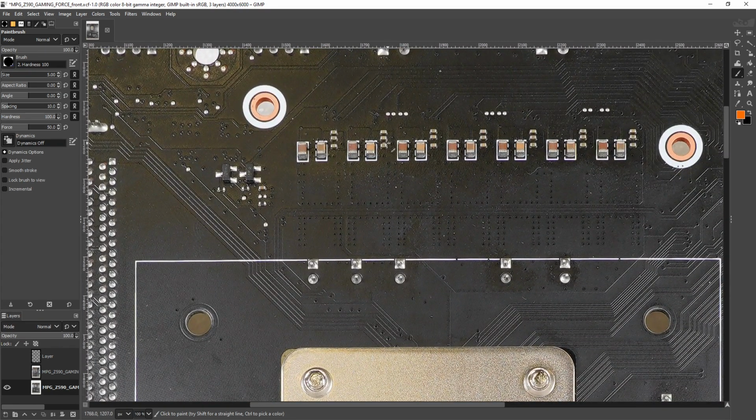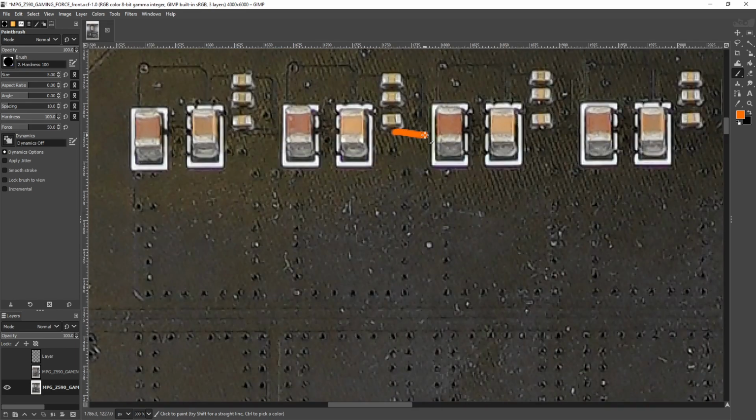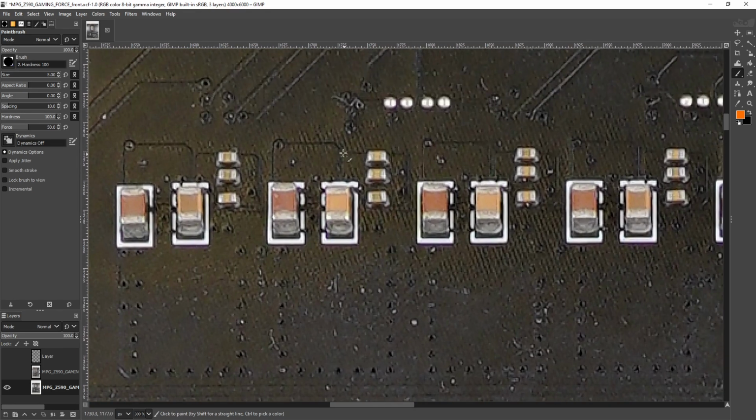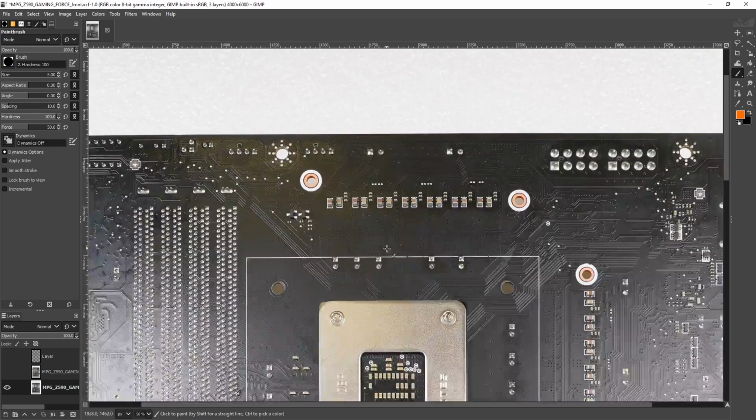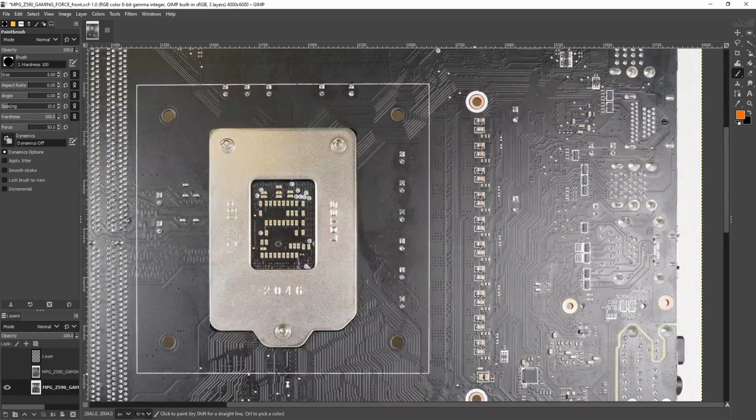I'm pretty sure they have to be input filtering. I can't think of anything else that they would be. At the same time, they don't look like they're... wait, no, because that would be 12. I'm very confused about what's going on there. But yeah, and then of course, the thing is, this is just standard for motherboards, to have multi-layer